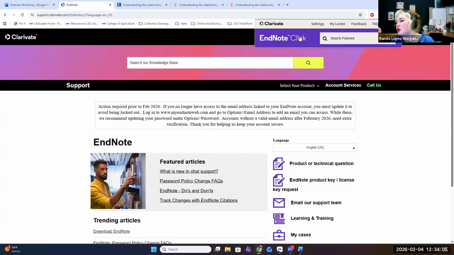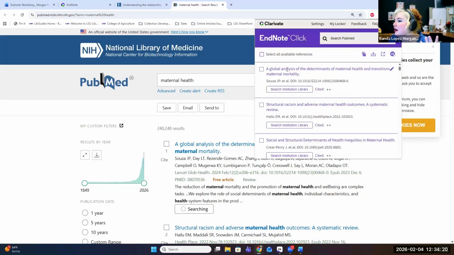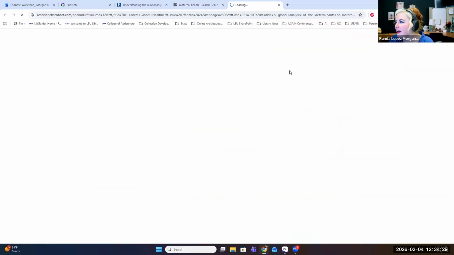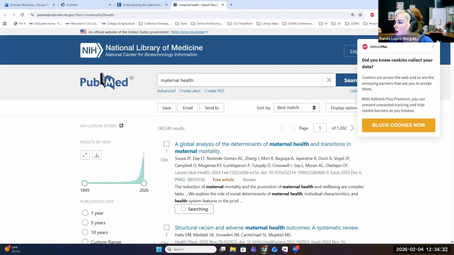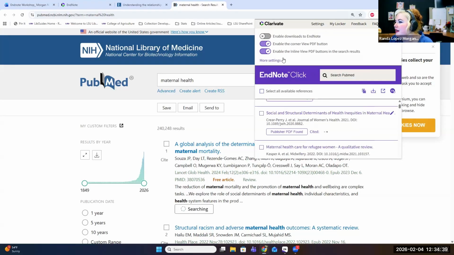There's a couple of things you can search within EndNote Click. If I was looking at maternal health, it will do a search in PubMed for me, which is really nice. When you search through it, you can say, oh, I like this one, I'm going to add it to my locker, and then I'm going to search the library's website and see if we have that. Also, if you go to your EndNote Click and go under settings,